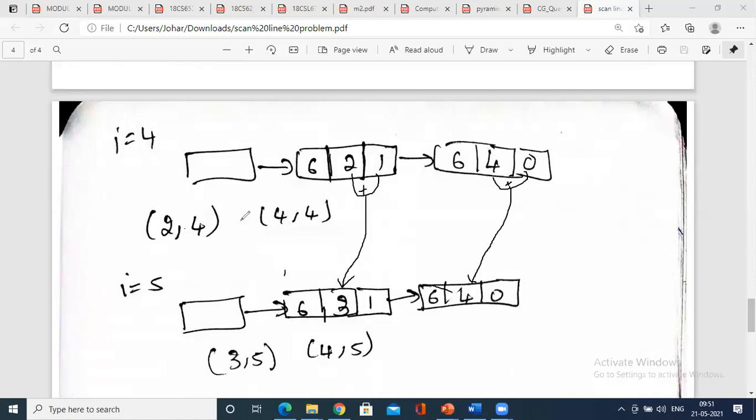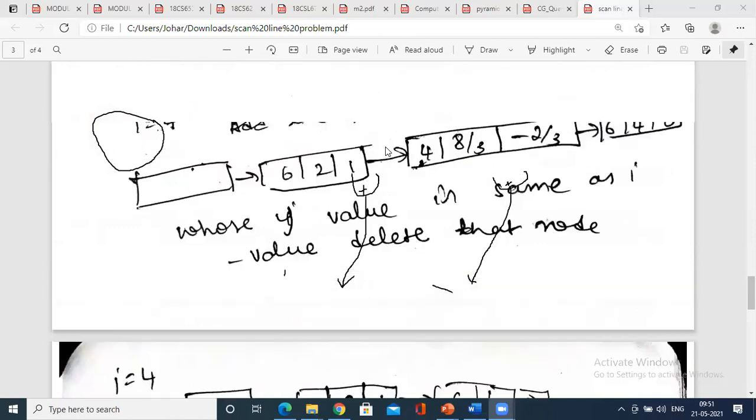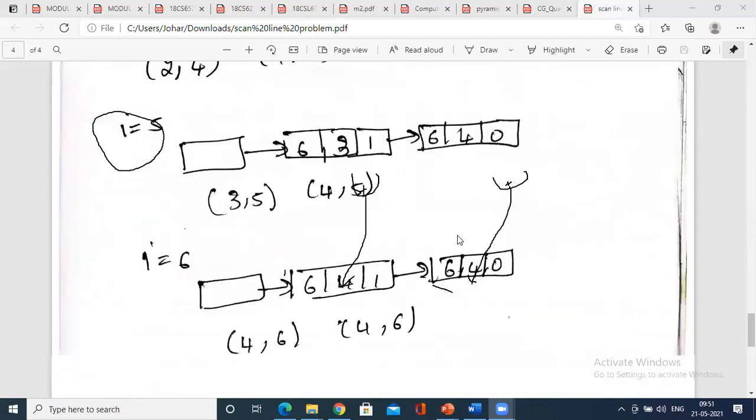So from I equals 4, since we have an edge for the slope of the line, we are not going to add the slope. We are adding the extra added edge, and we are going to delete where y equals 4 from that. So we have received this from the above. You could see from the above we have received this. So we have deleted this and we have received this.